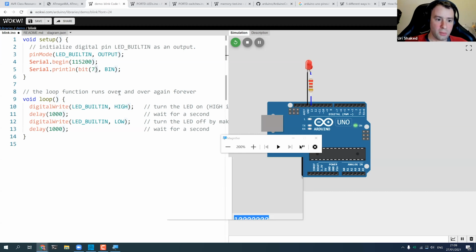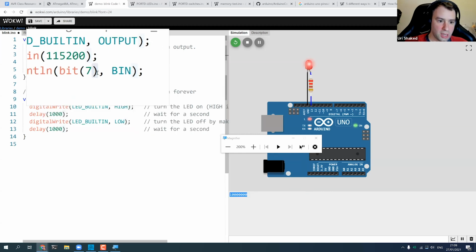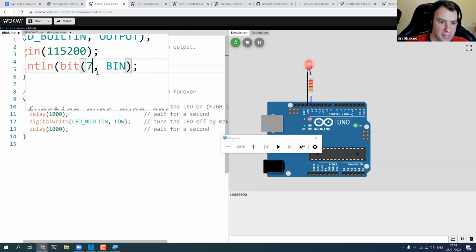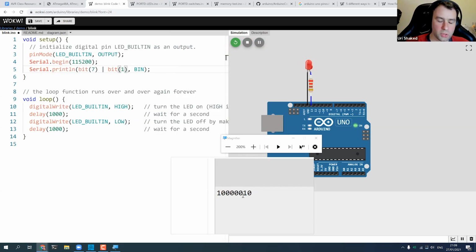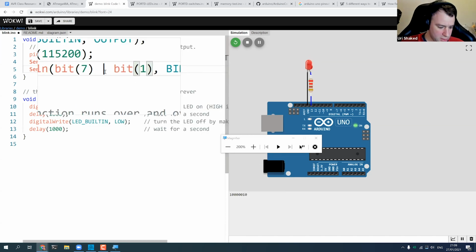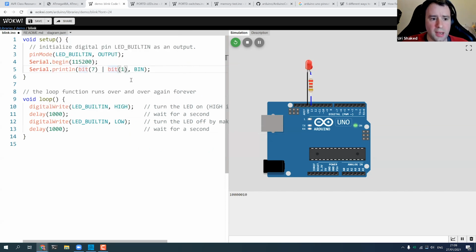And then we can go ahead and change it, like add a few more bits, like bit number 1, which is the second bit because we start with 0, the second bit from the right. Basically, these macros are useful, and we'll use them a lot today.